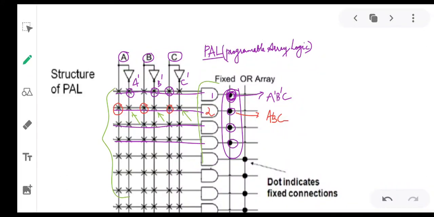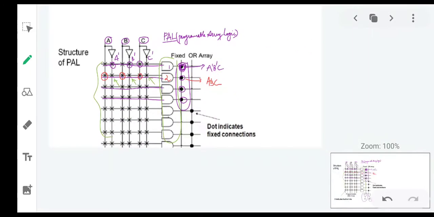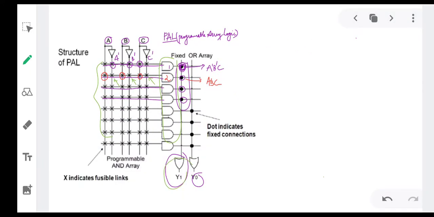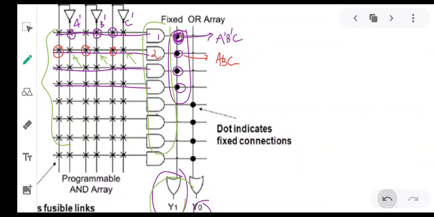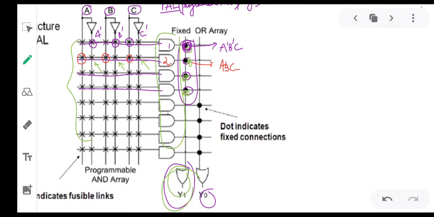So this AND gate can be programmed. What the inputs of the AND gate are, I can program, but the inputs of the OR gate are fixed, because this OR gate will have fixed inputs from this product term, this product term and this product term, and no other terms can be taken. Only from these four connections can I have this sum term. That is why I am calling it programmable array logic. Only the AND gate is programmable and the OR is fixed.